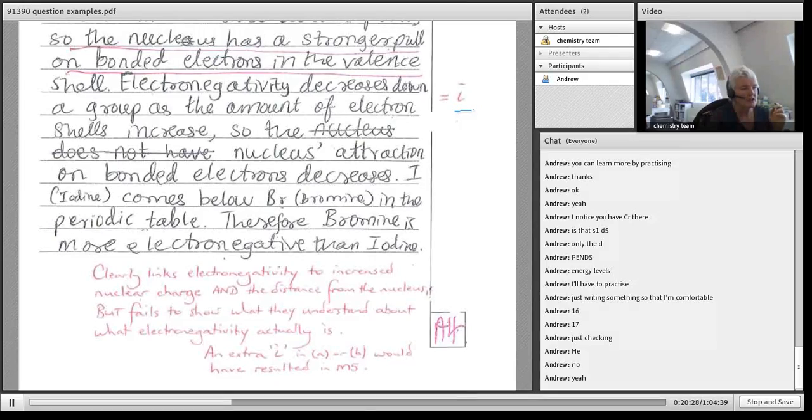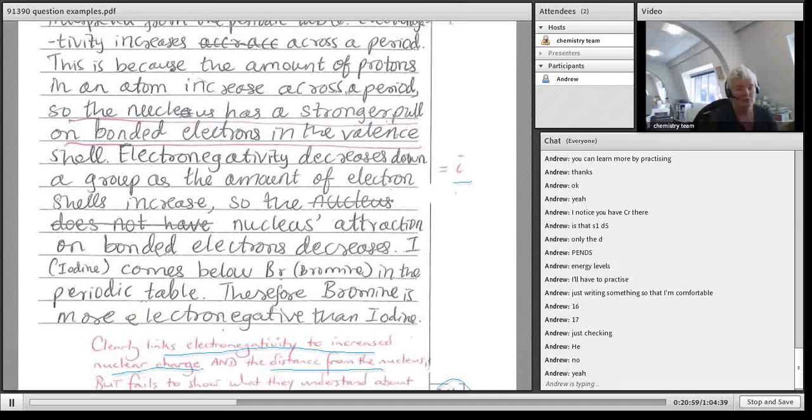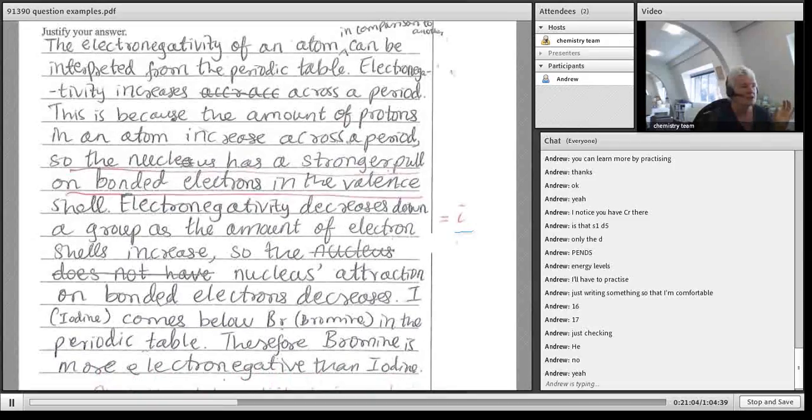This person understood how electronegativity was related to the nuclear charge and the distance. So can you see you've got to get more of those points together, but they didn't actually explain what electronegativity is. So you've got to show your understanding. And if they had given more points here, so if they'd gone to a higher level, they would have had a merit overall. So you might get a merit in one question, but you might not necessarily get a merit overall for that question if other parts of that question were a bit too low. So if we just have a quick look here,